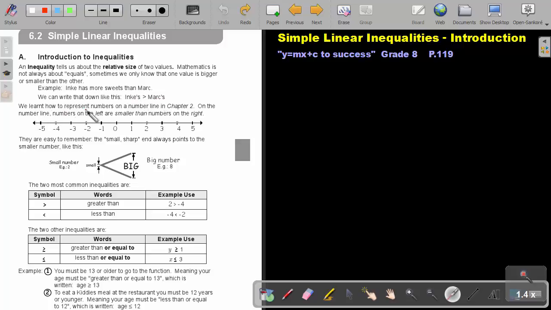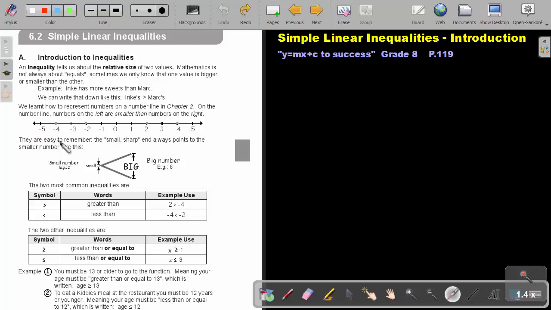We learn how to represent numbers on a number line in chapter 2. On the number line, numbers on the left are smaller than numbers on the right. So these numbers are smaller than these numbers. They are easy to remember. The small sharp end always points to the smaller number like this. So the small sharp end points to the smaller number, and the big mouth is pointing